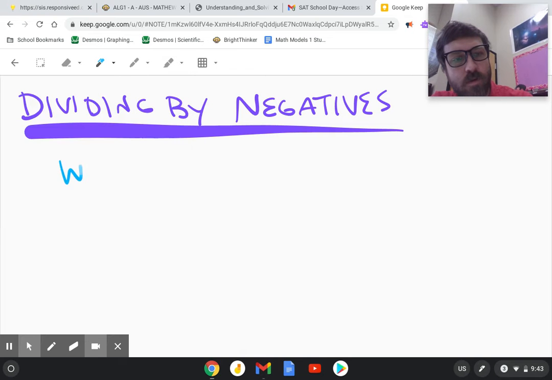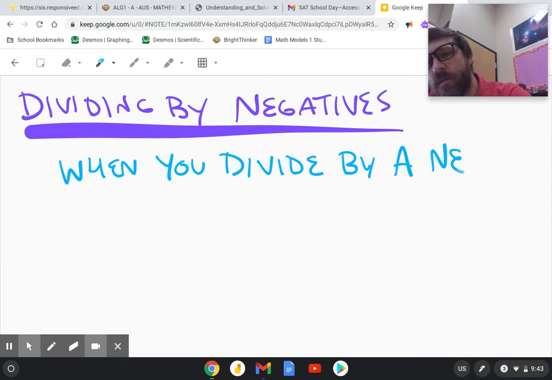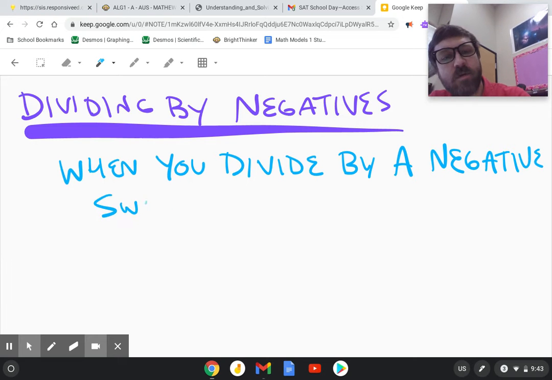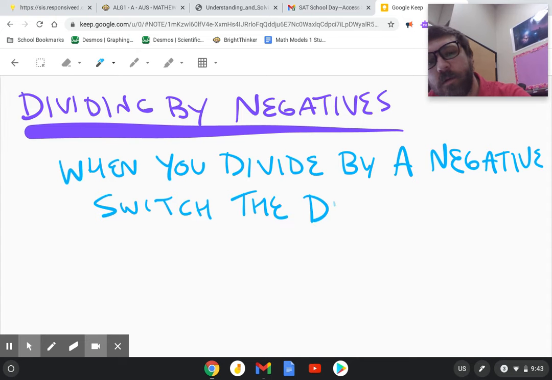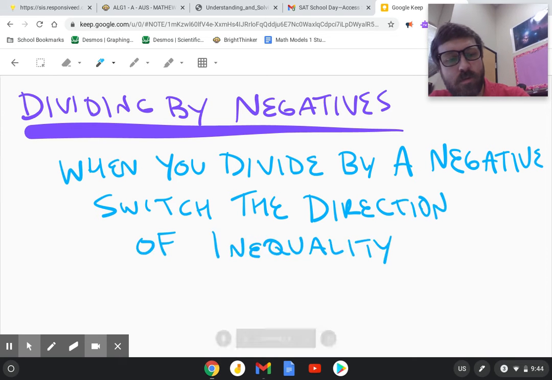When you divide by a negative, switch the direction of the inequality. For example,